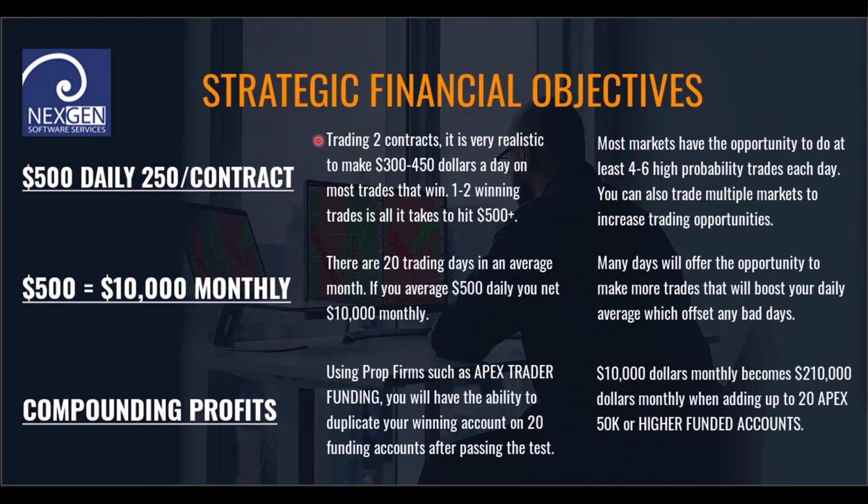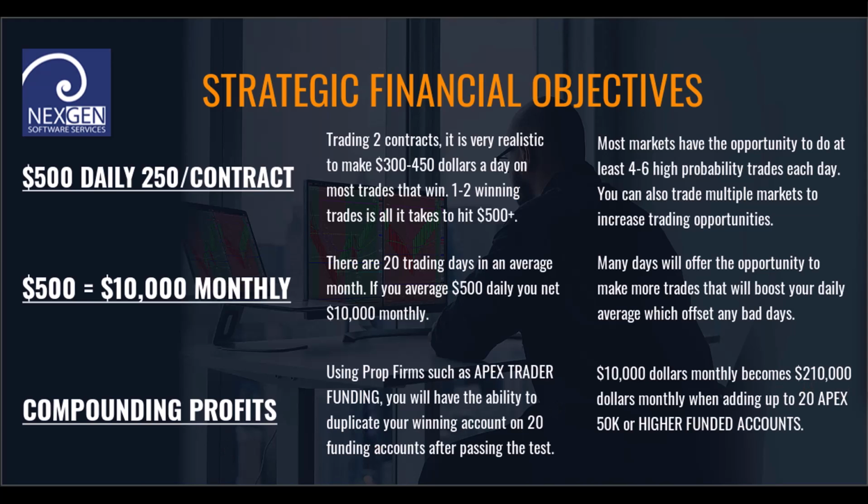You don't have to day trade with them. You can swing trade. But we do prefer people learn how to day trade first, and then you can take those methods to a larger time frame. Now, if you make $500 a day, that's $10,000 a month. And what we really are going to focus on in this little tutorial is compounding profits. Making $250 a day is nice on a contract, but making $10,000 or $20,000 a day is going to be better.